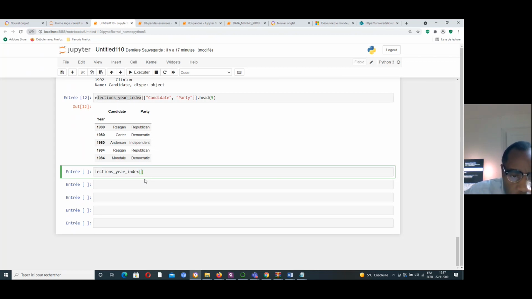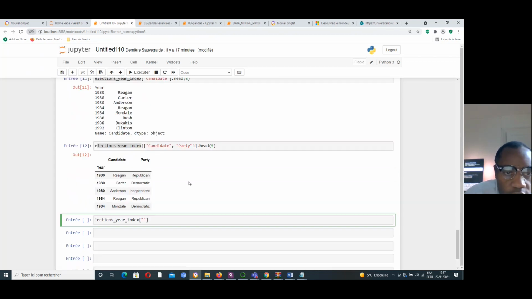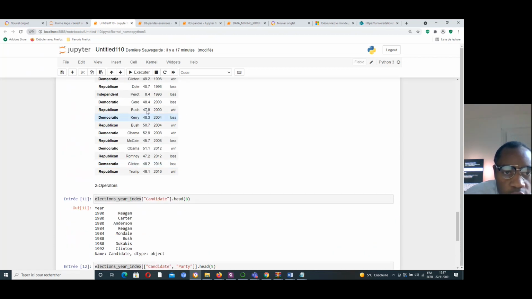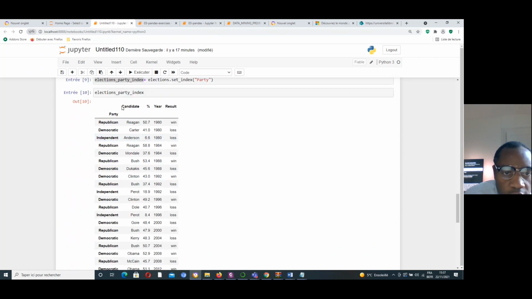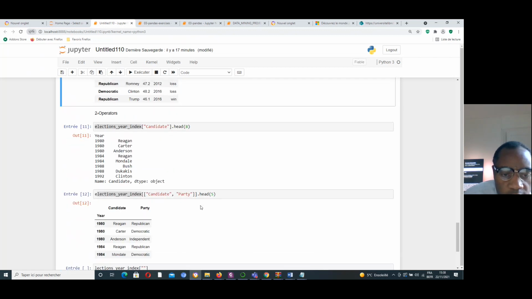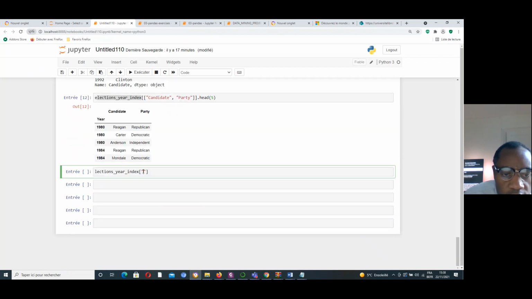If I select, for example, one column, one random column, and I put it here, and I use to_frame like that.